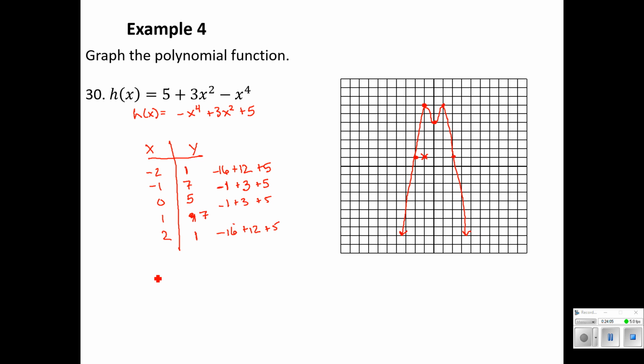But let's take a look at domain and range. So the domain of this function, again, I could plug any x value and nothing would cause it to break. It's not limited. My inputs are not limited. The range, I see that function will continue to go downward to negative infinity. I'll always have a height output, but I don't see any heights that are higher than 7. So from negative infinity up to 7, those are the outputs that come out of that function. Those are all the available heights.